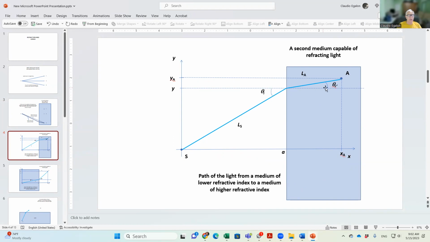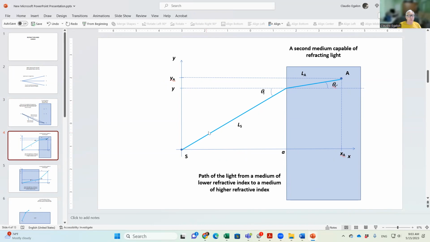The angle of incidence is always measured with respect to the normal of the medium. Here's the interface between this medium on the left, air, and this medium on the right, that can be water or glass. And remember, every time you do the math, applying the principle of least time, you find that